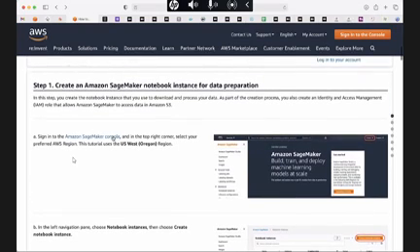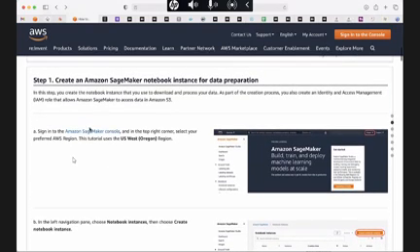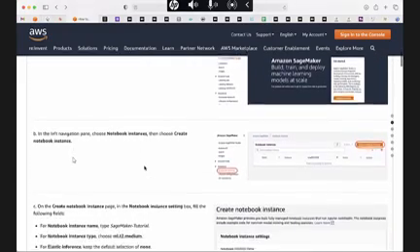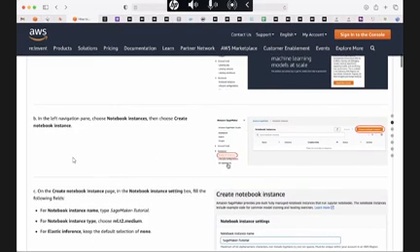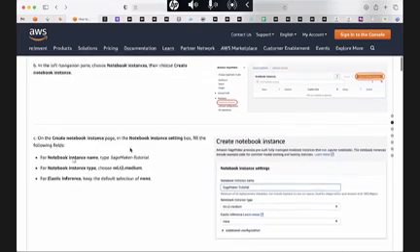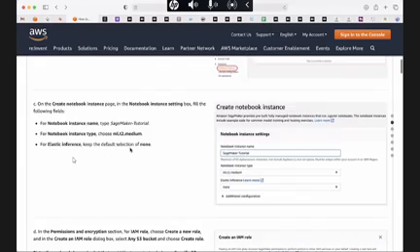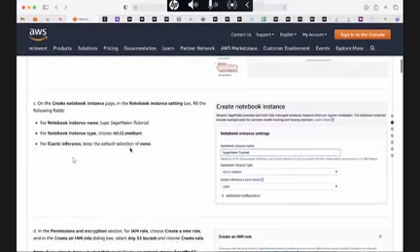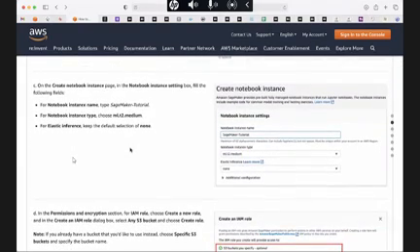And so you do this by signing into this SageMaker console. All these are linked, so it should be very easy. And then in that interface, you have a thing called the notebook interface, right? Notebook instance. And so this will ask you to create a VM, right? And you have to give a name for that VM.